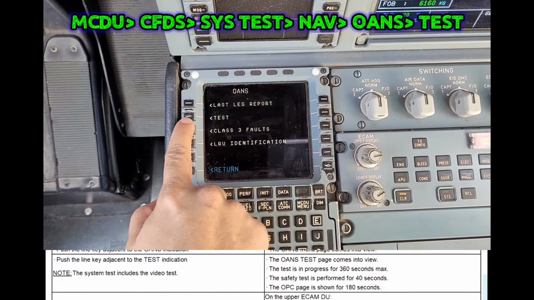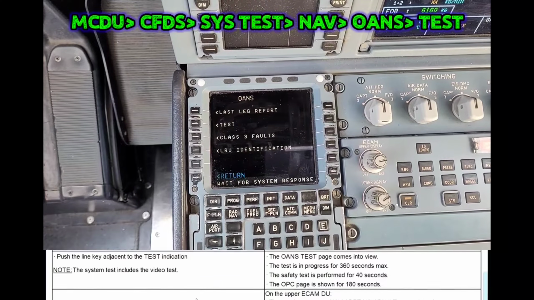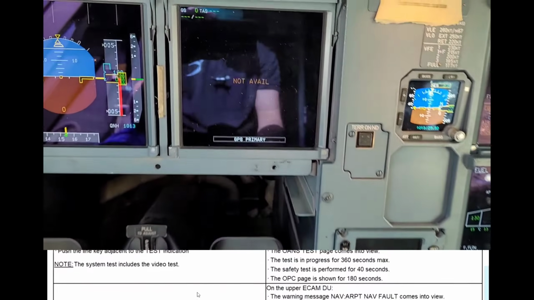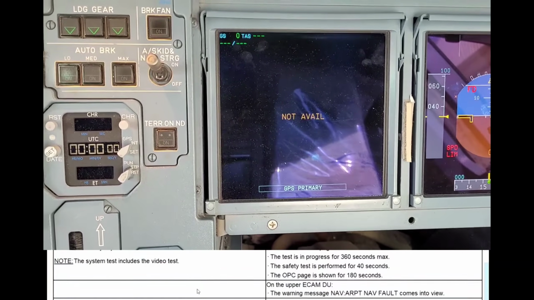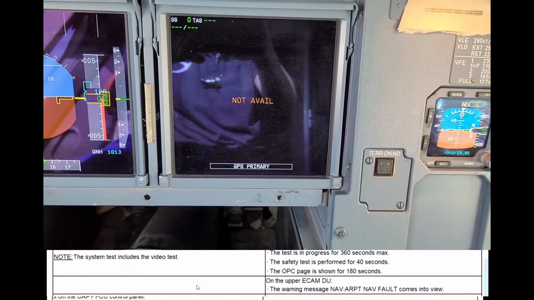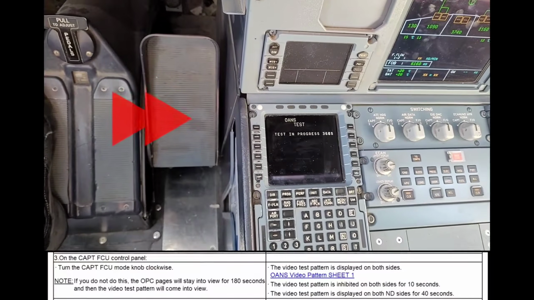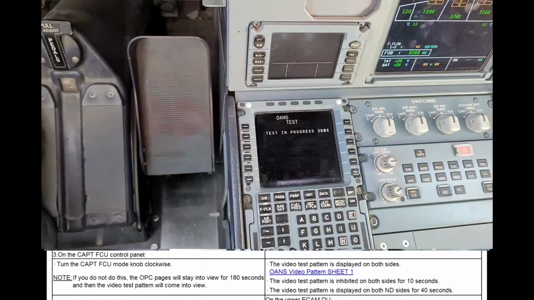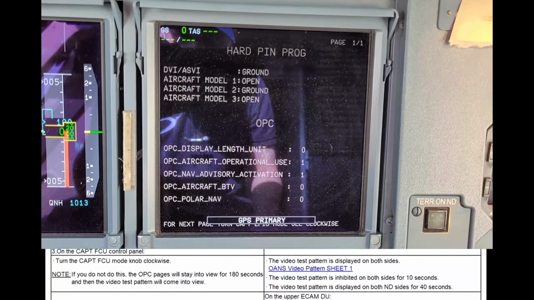We'll click the line key and the line key beside test. Now we are getting an OPC screen.